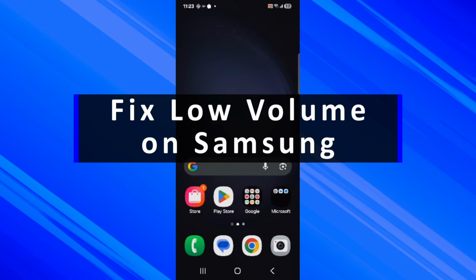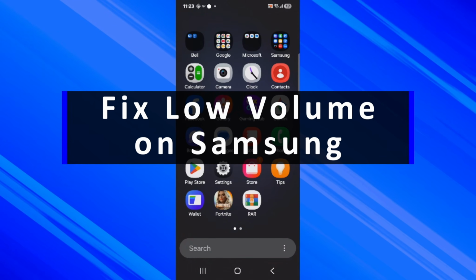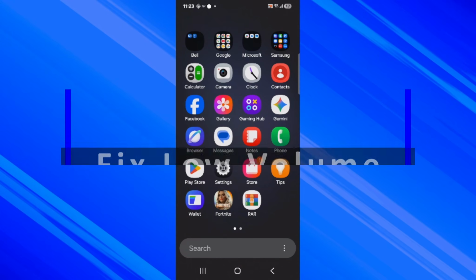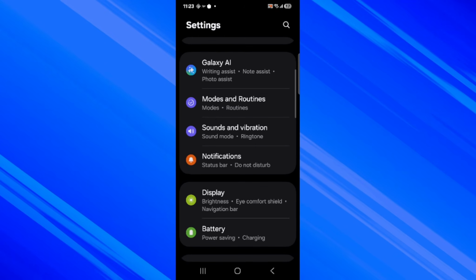In this guide, I'll show you how to fix it when the volume is too low on your Samsung phone so you can get the max volume out of it. So the first thing you want to do is go to settings and scroll down, and we're going to select